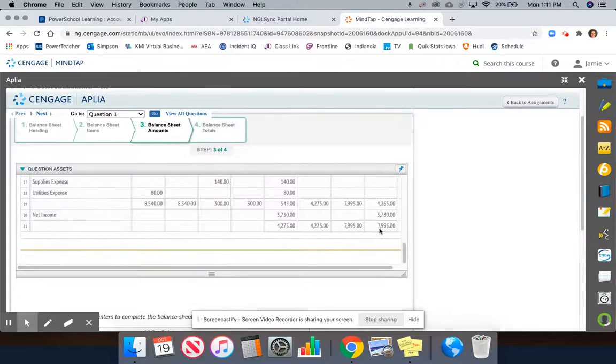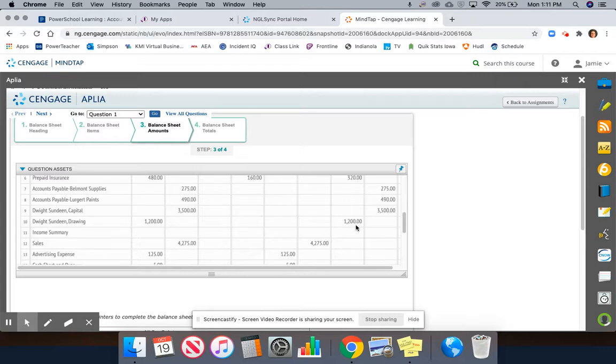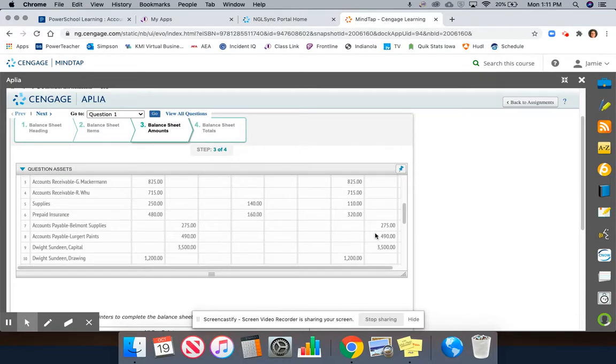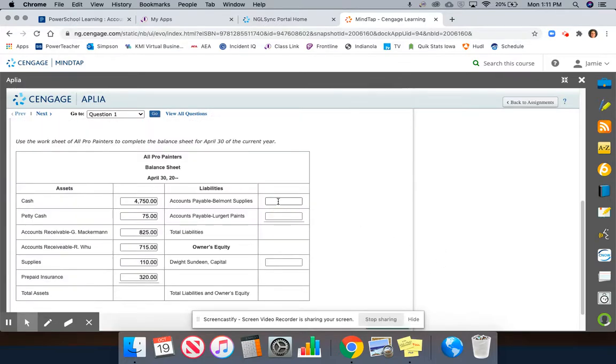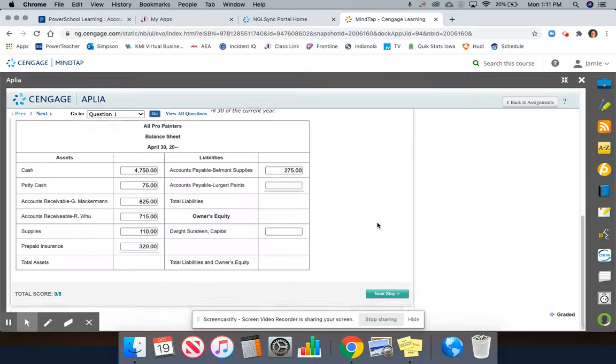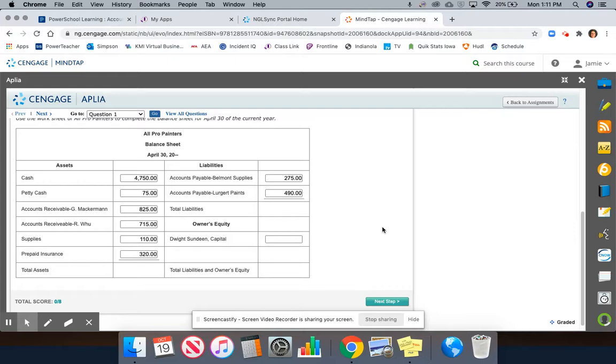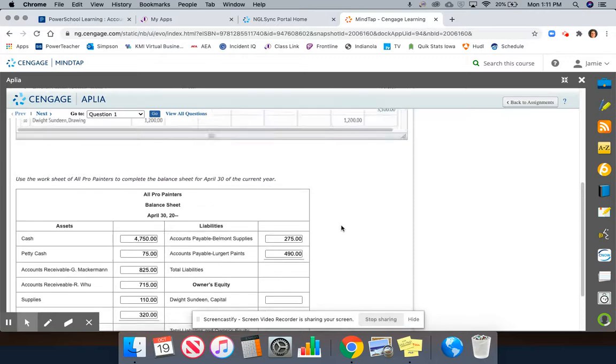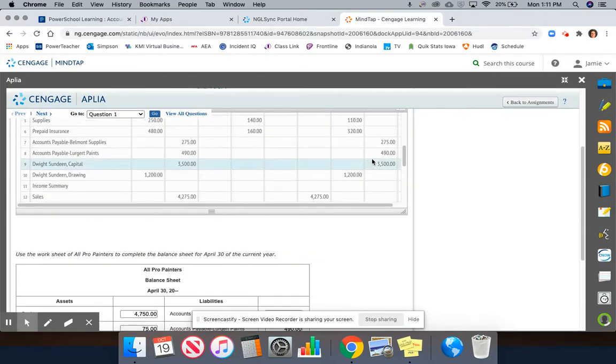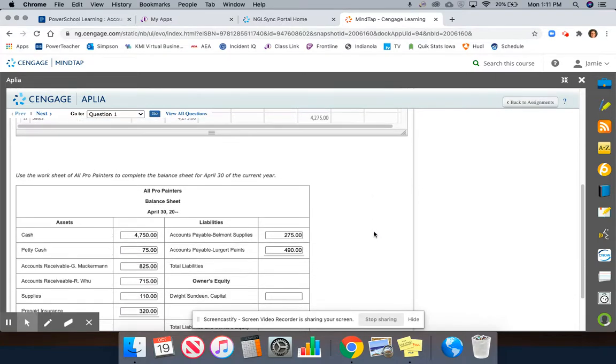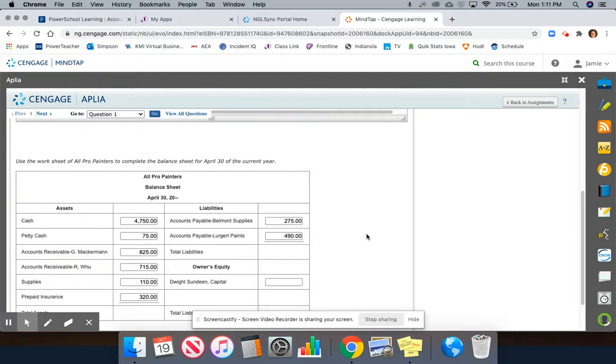Next, we have our liabilities. So our liabilities that we have, Belmont Supplies, $275. Burger Paints, $490. And then finally, our owner's equity amount. Remember, we cannot just take this capital amount straight from the worksheet. We have to use our owner's equity equation, which takes into effect our capital, our drawing, and our net income